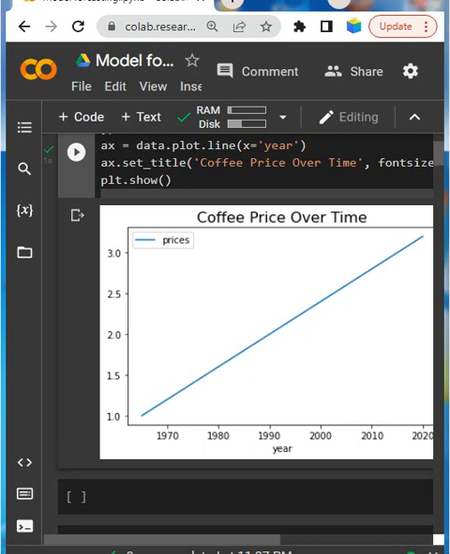So this is a linear increasing trend, linear because it increases by the same amount every year, and increasing because it becomes more rather than less. So in this data, we see in Python how to plot this linear increasing trend in the graph.